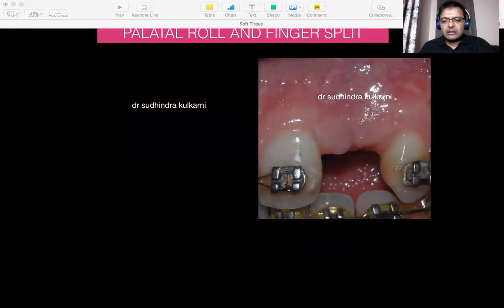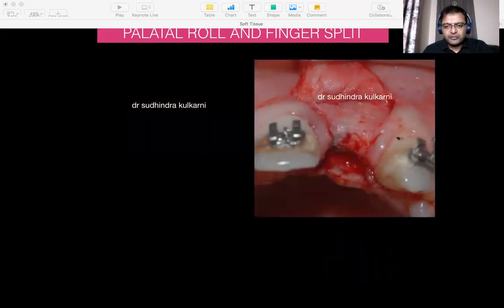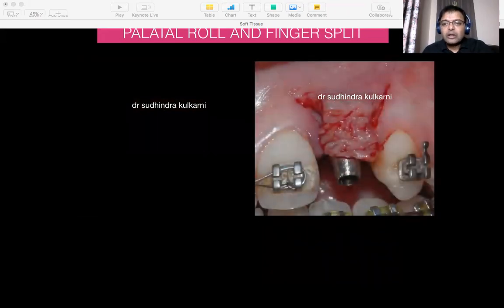On the other side, in the 2-2 side, you see that there is a considerable amount of buccal deficiency. And that's why we opened up the flap. We did the palatal tissue roll. So the top part, the palatal part of the graft of the tissue was deepithelialized, like what you saw in the previous case. And after deepithelializing,